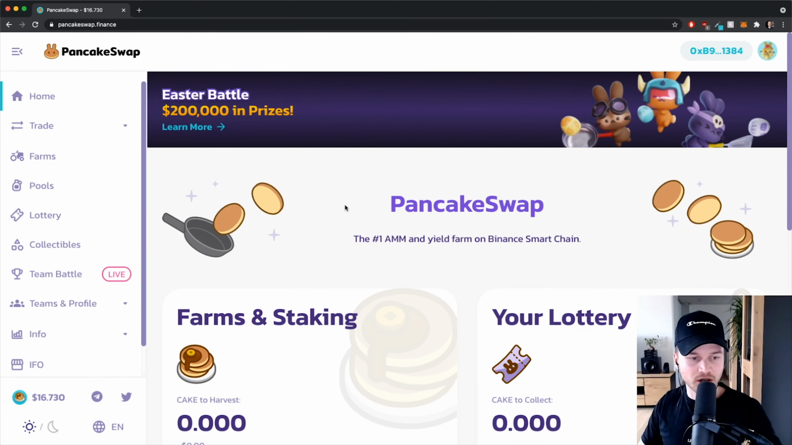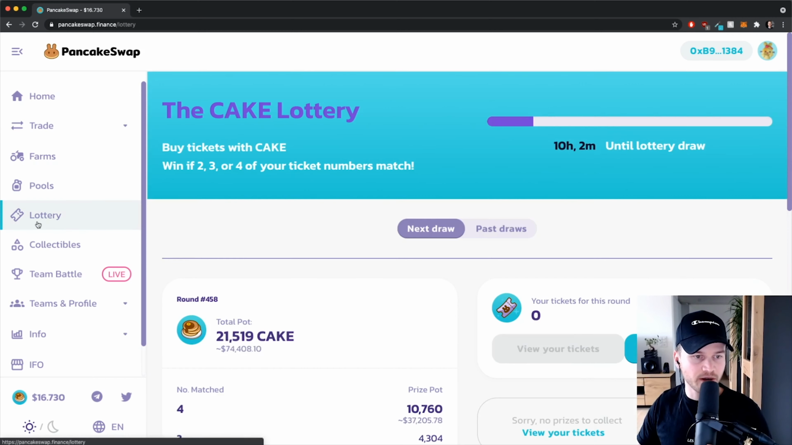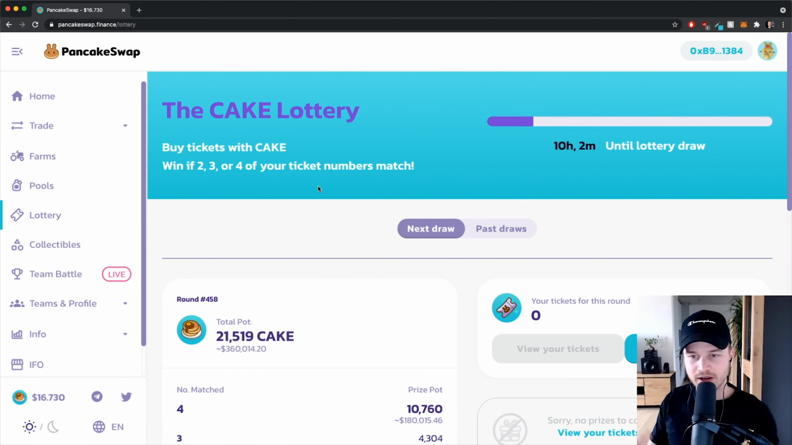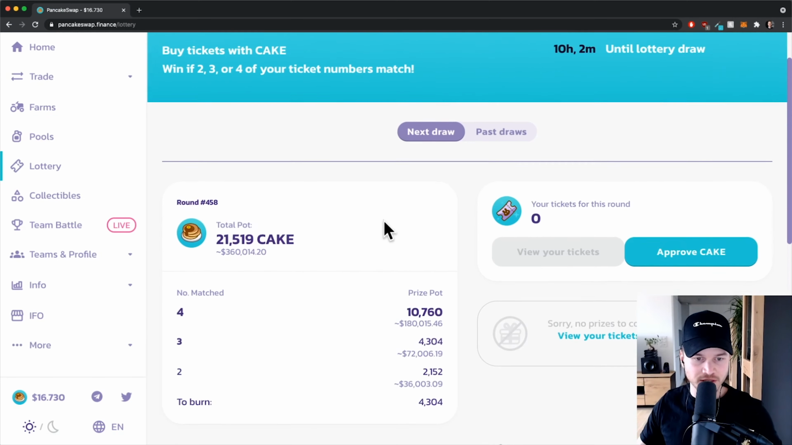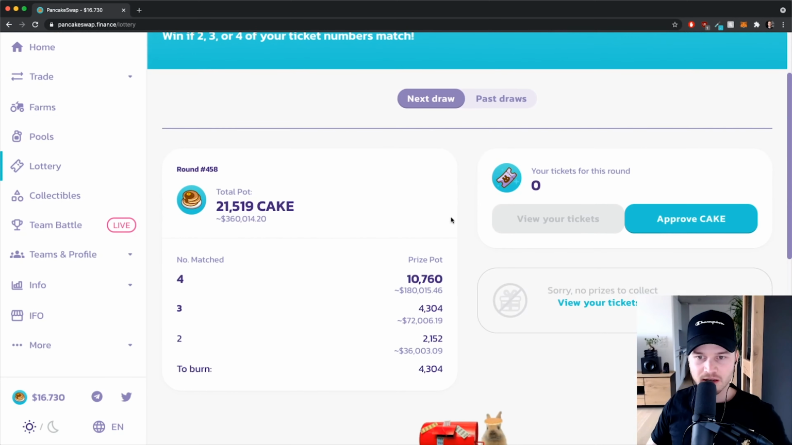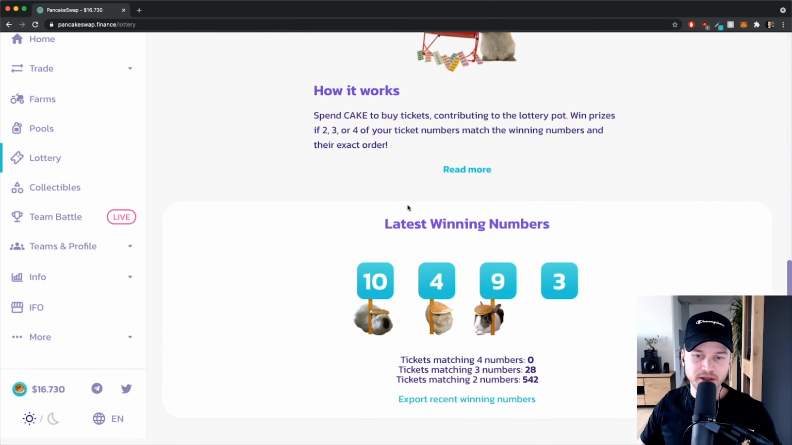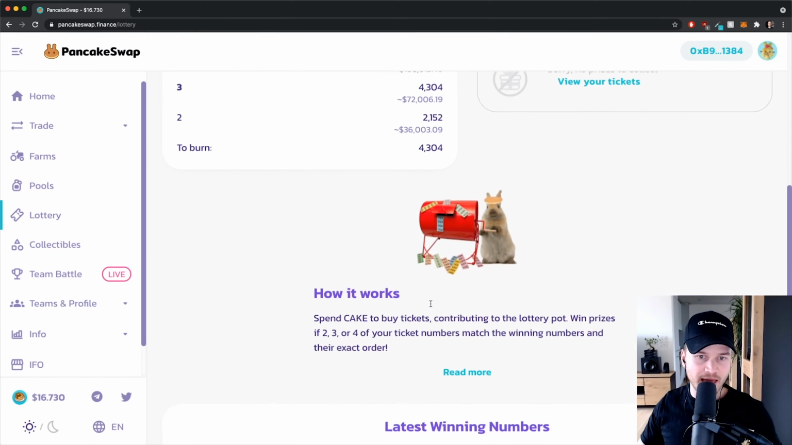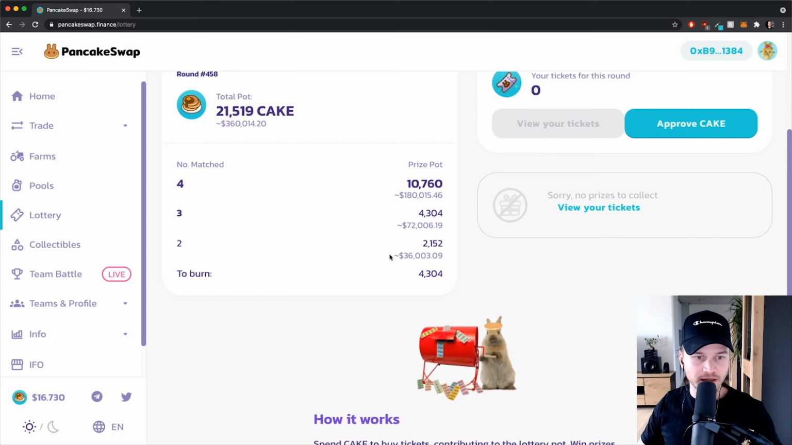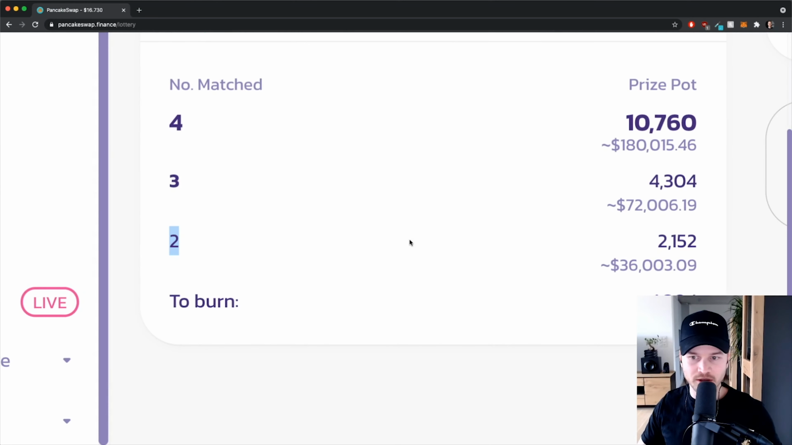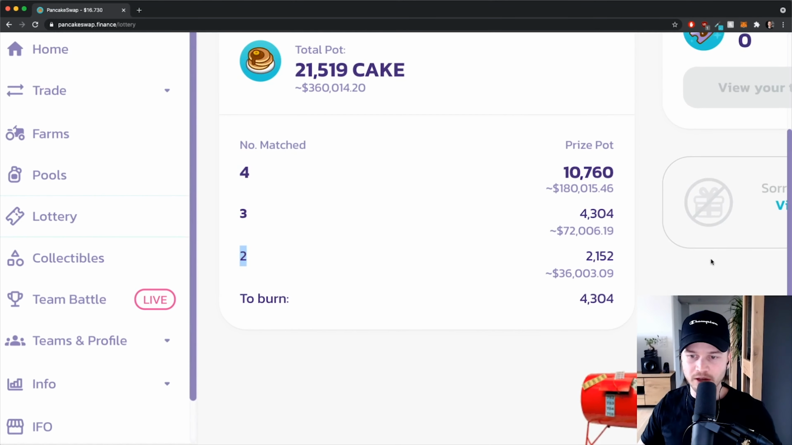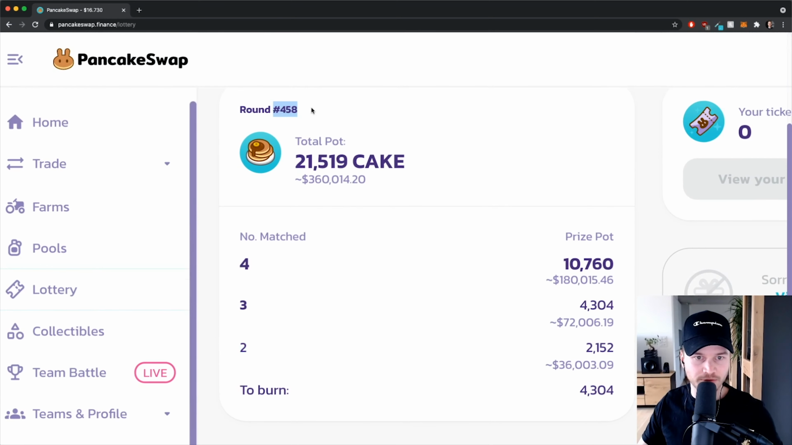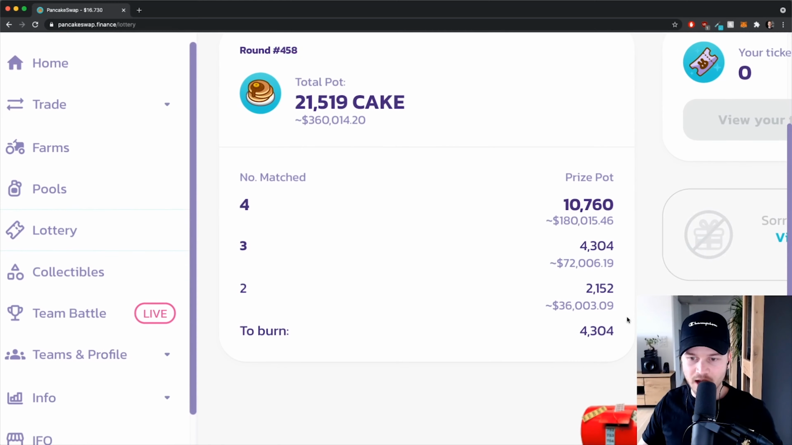Now, something we could also take a look at is the lottery right here. This is basically where you can gamble on this cryptocurrency exchange by buying tickets for this lottery. I think it's like 1 Cake token for 1 ticket, and then you'll be getting 4 numbers. And whenever at least 2 of those numbers match the number that will be drawn, then you'll be earning some more Cake tokens. So currently for this next draw, this round 458, you'd be getting